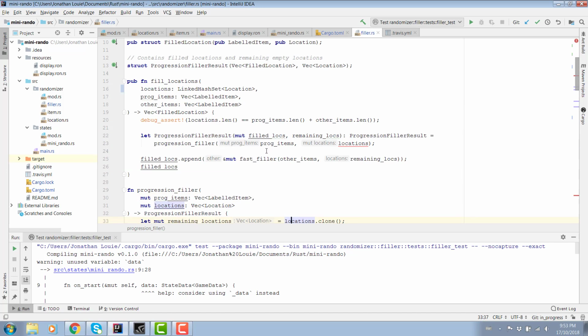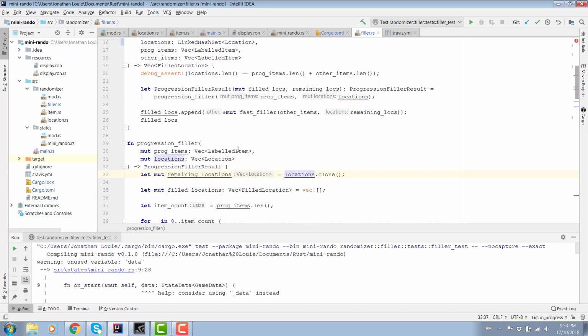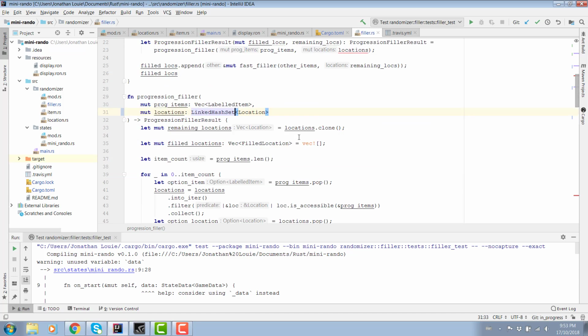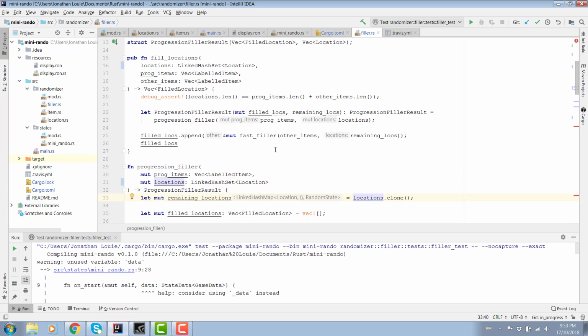Okay, that's interesting. Alright, I'm going to make this a linked hash set. Oops. There you go. Thank you, autocomplete. There, that seems good. So that should just clone, I think.